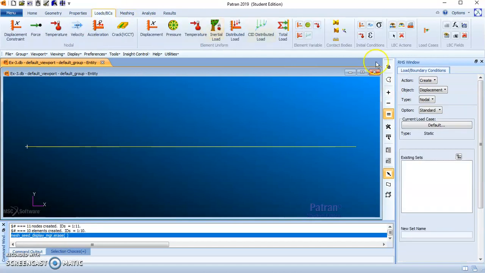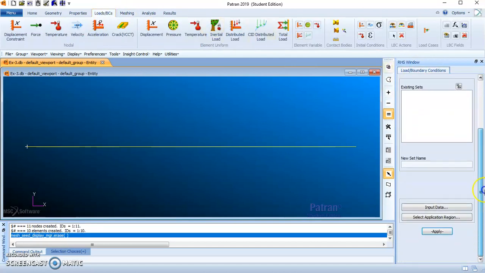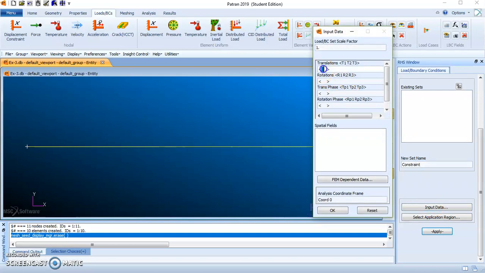Now loads and boundary conditions. Displacement should be fixed at one end. Constraint I will give. Constraint, input data, both rotation and translations to be fixed. 0, 0, 0, 0, 0, 0. Click OK.